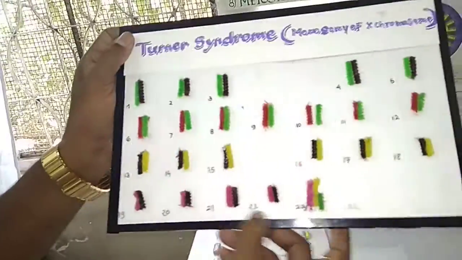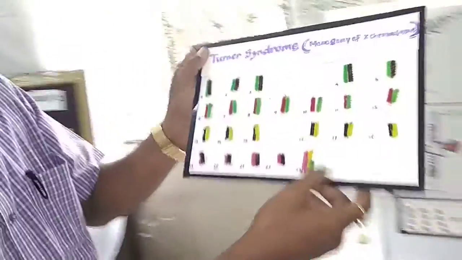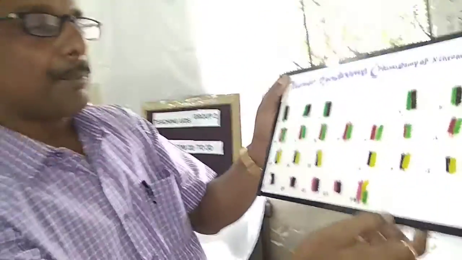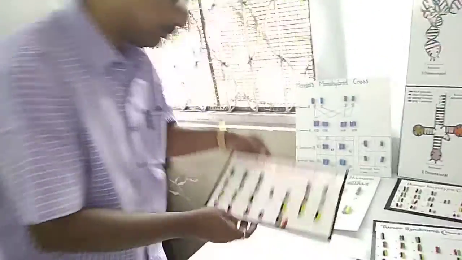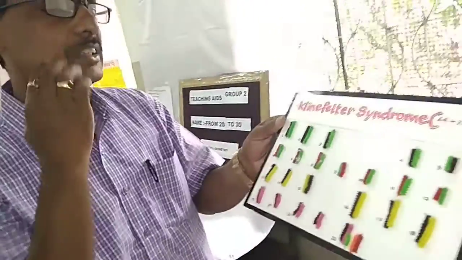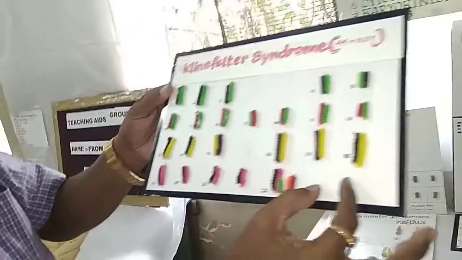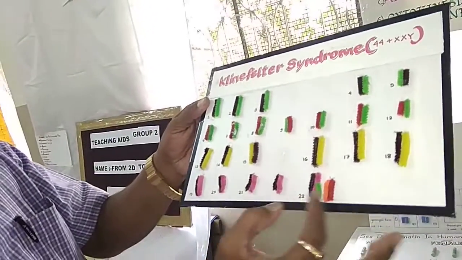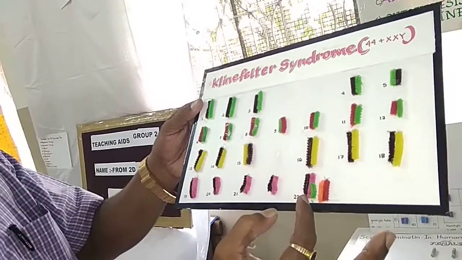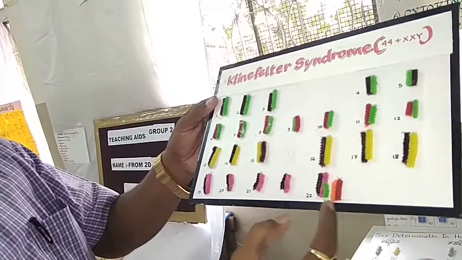So here I want to show that if the number of chromosomes is changed, or the shape and size of the chromosomes are changed, these different types of disease can occur. Another one, if you have to explain the transgender concept, Klinefelter syndrome is there. On the 23rd pair, if a sex chromosome is attached with the 22 pair, now it becomes a total of 1 plus 2, 1, 3, total 5 chromosomes going to be there.